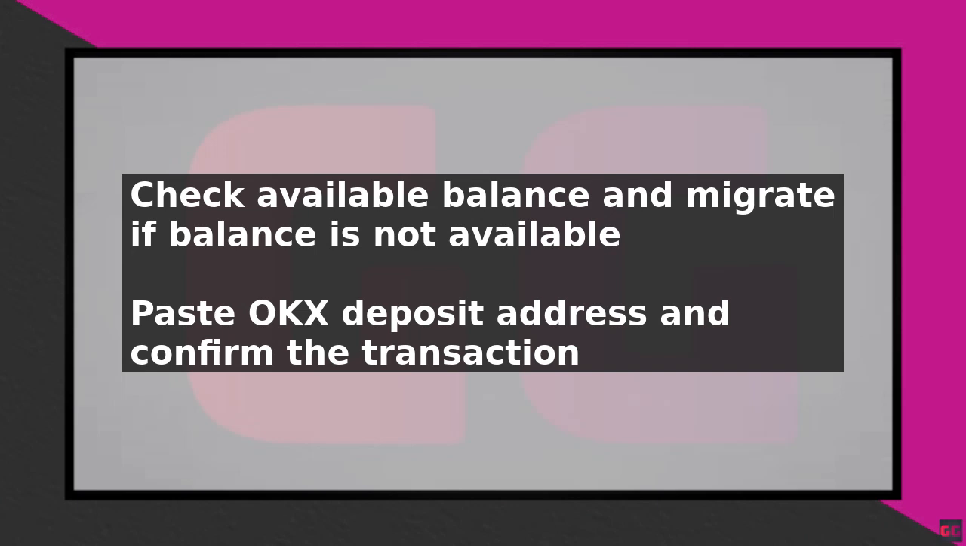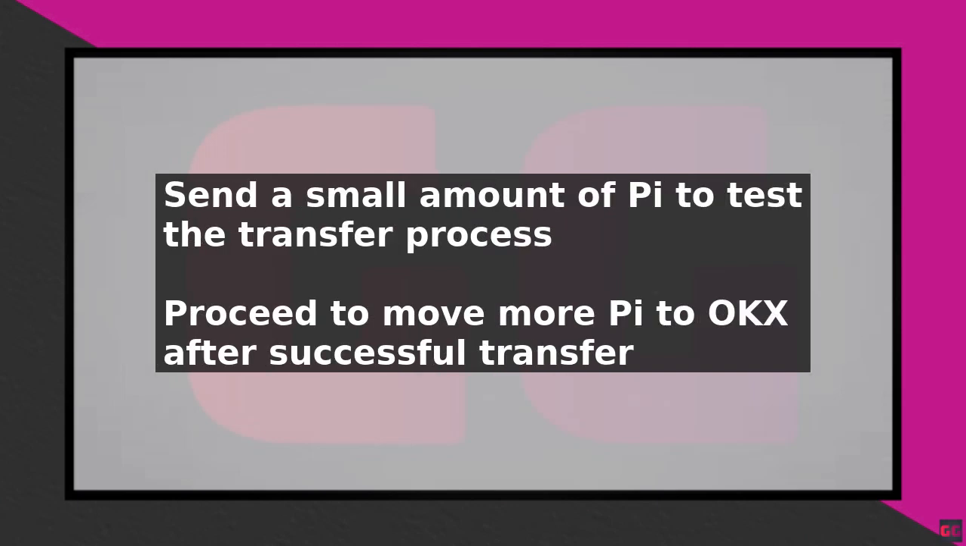After ensuring you have an available balance, click on the Pay Request option. Then select Manually Add Wallet Address. Paste the OKX deposit address you copied earlier into the provided window. Then confirm the transaction. You should see a message indicating that the transfer has succeeded, and your Pi will appear